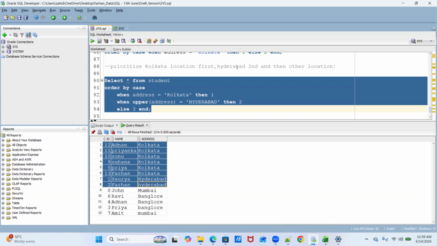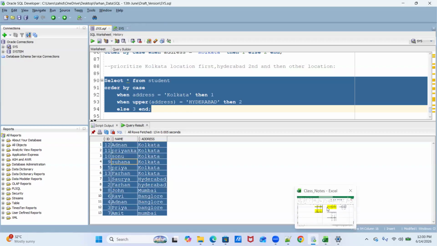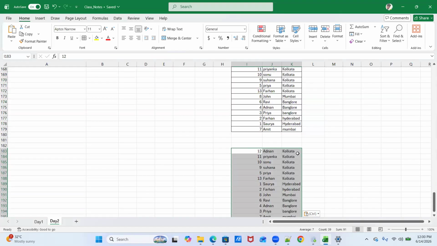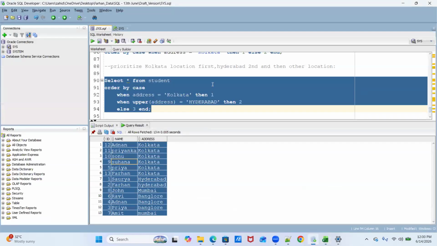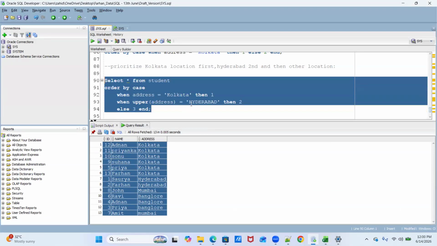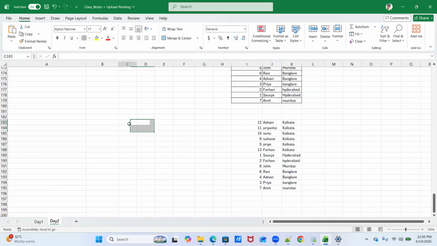Prioritize Kolkata location first, Hyderabad second, and then other locations. Is it clear? Any doubt? Yeah, clear. Okay, good.